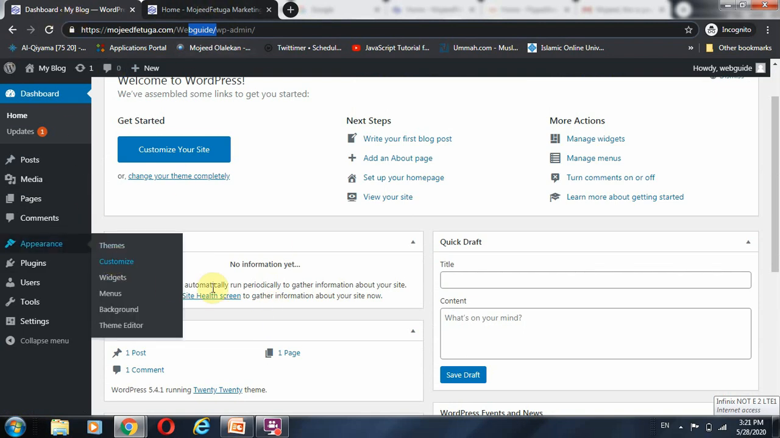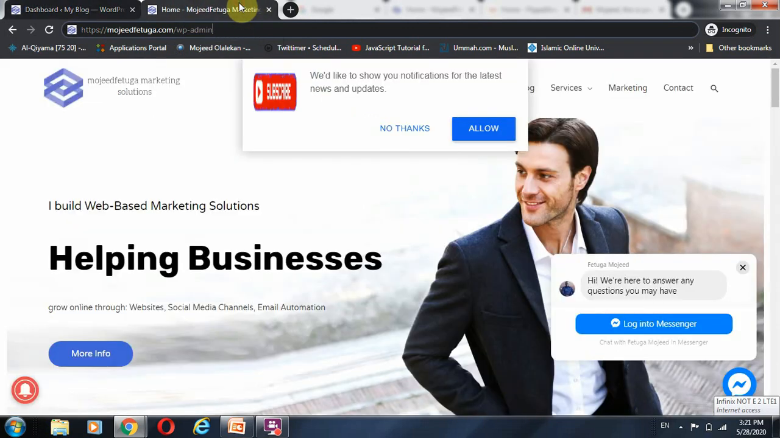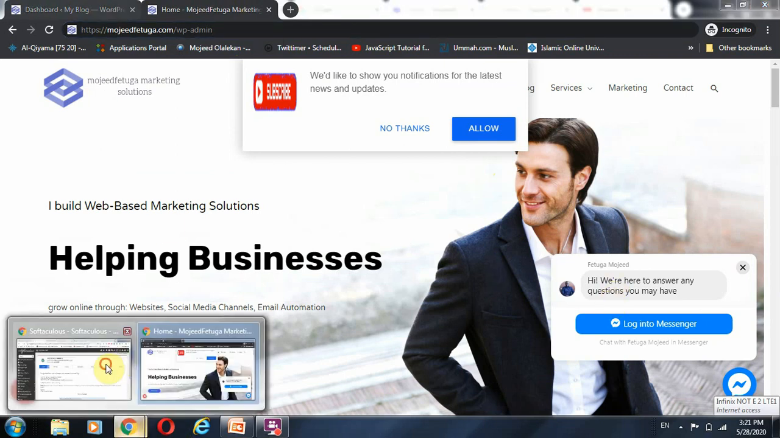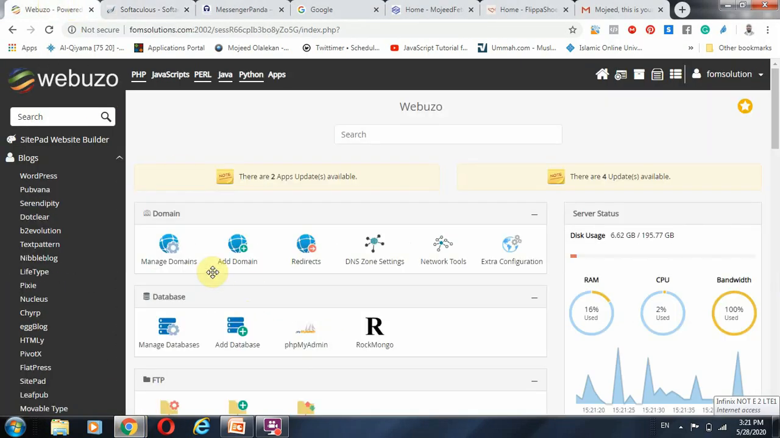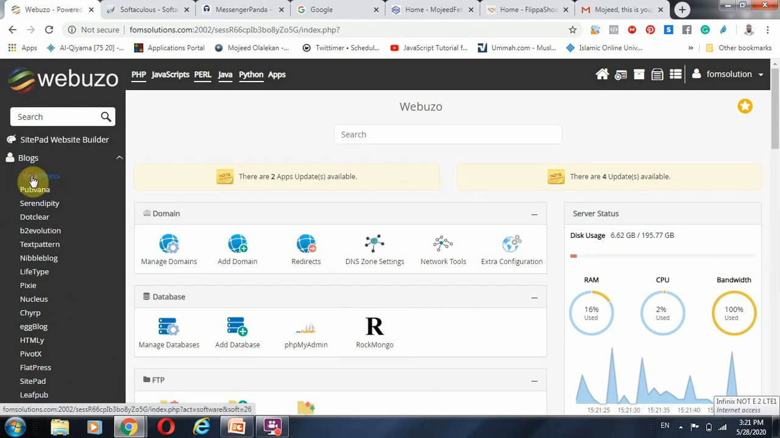So that being said, you will see that this is a different dashboard. Meanwhile, here we have a different dashboard entirely. Likewise, if you are on Webuzo, the same process. On your Webuzo panel, you just need to come to WordPress,